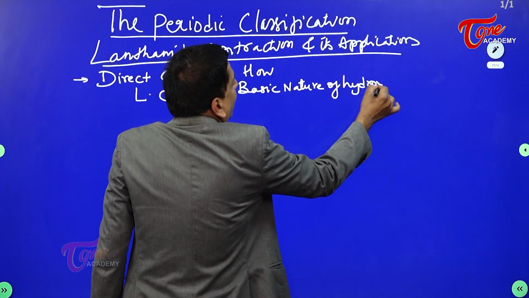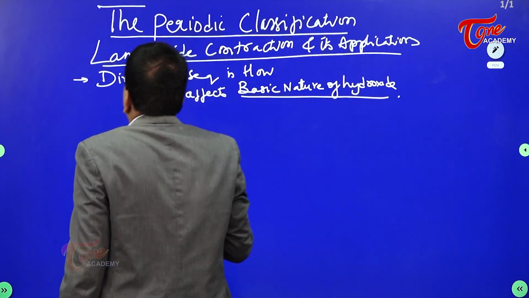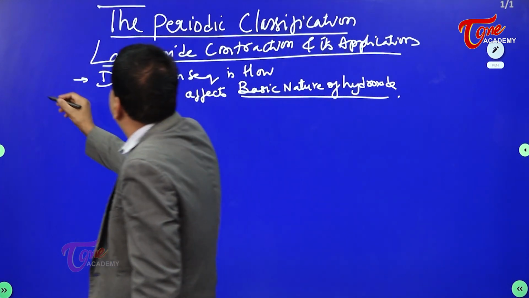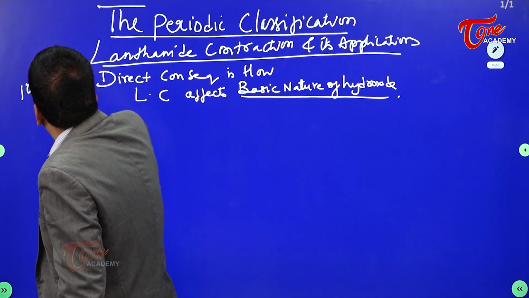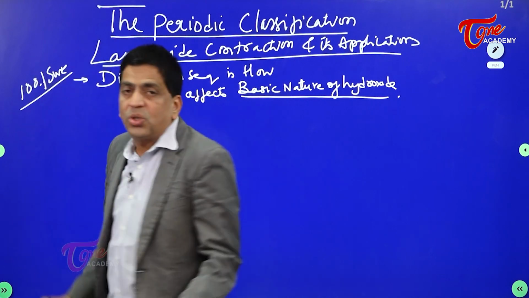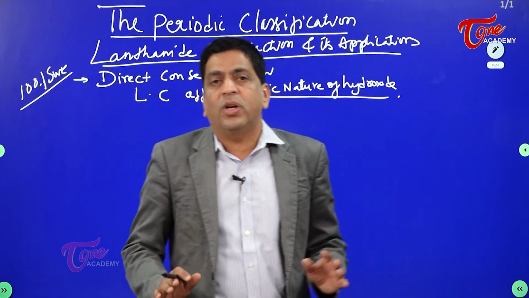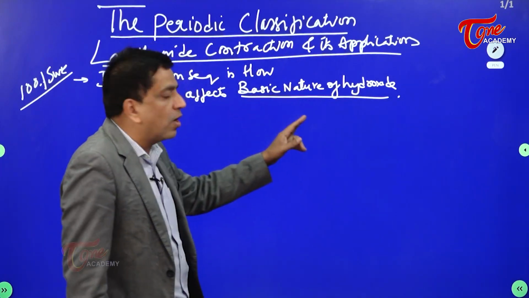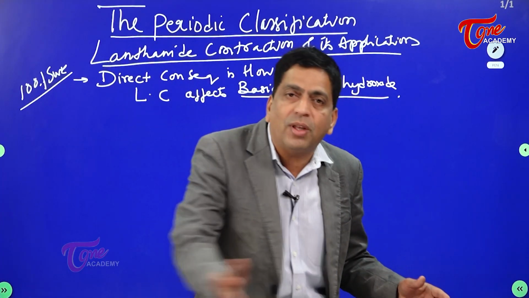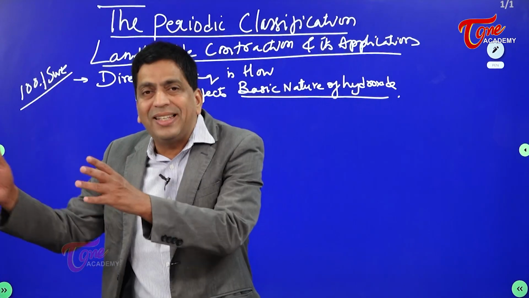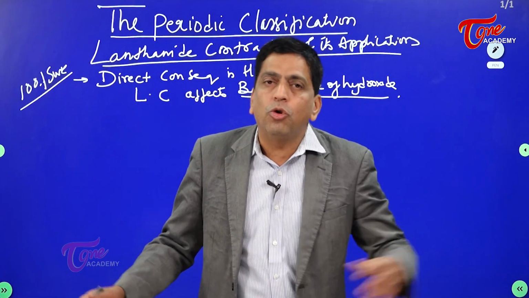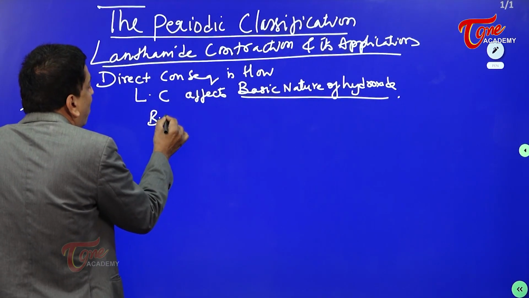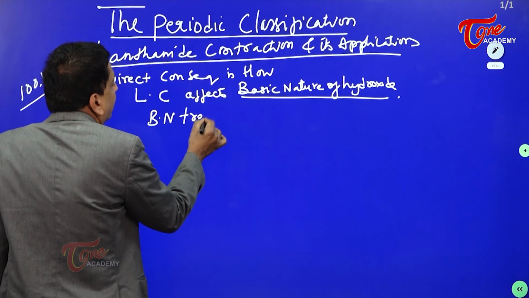Remember that. And I wanted to draw the attention of everyone because this is 100% sure in the exam. Please understand that you can bank on it. How does the basic nature of hydroxides vary in lanthanides? That is from cerium, or take the case of lanthanum, to lutetium. How does it vary? So you need to tell the basic nature trend